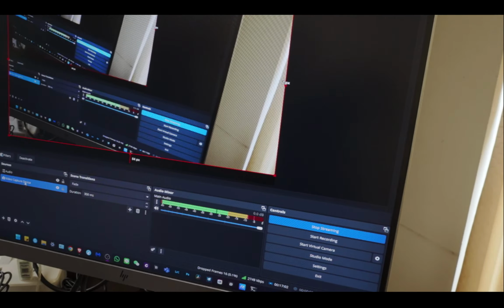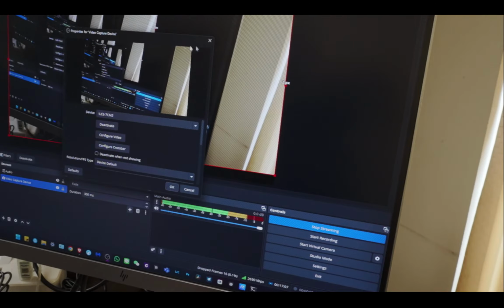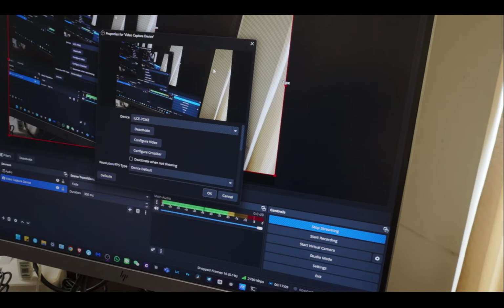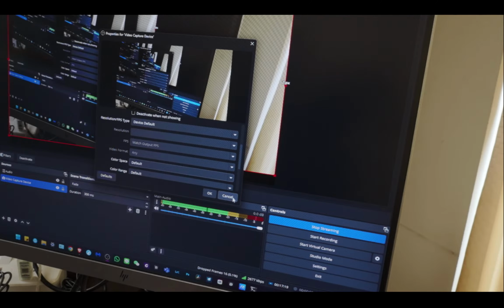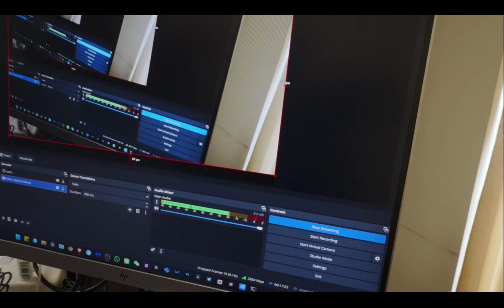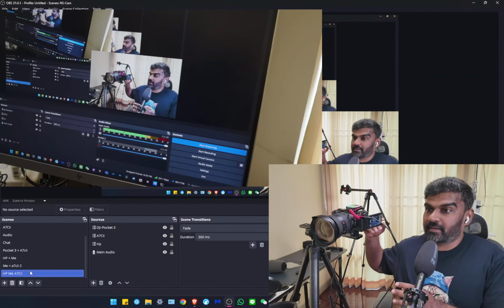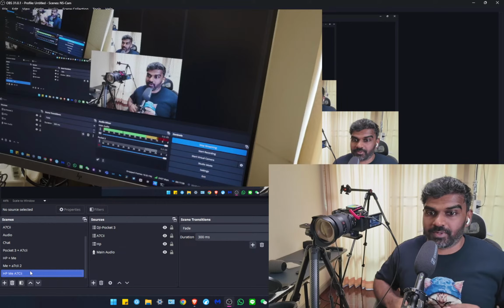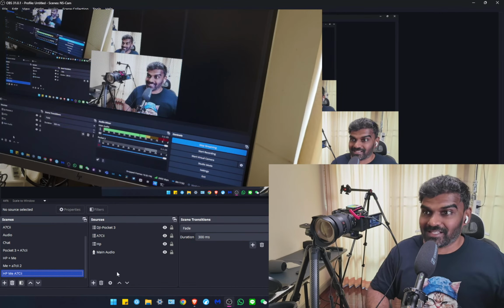And for this video capture device, if you click on properties, it will show you what property options you have. And depending on the properties, you can choose which device you want to use and you can configure it accordingly. So that's how you can do it. And we'll go back to this scene again. Here, let me point it down. I hope you understand. First, you create the scenes and then you add the sources or scenes into it to